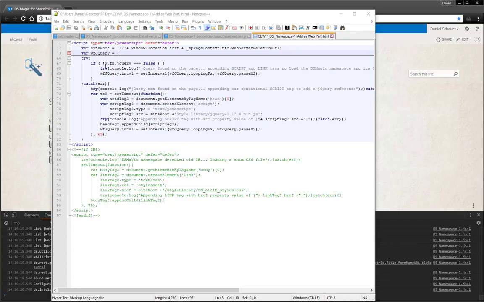All right, so the code that adds the dsMagic namespace to the page does a couple of things. The first thing is it builds a variable to the root of the current site collection. Then it tests to see whether or not it can get the current version of jQuery that's on the page. If this does work, then it goes ahead and kicks off the code to start loading the DS namespace and